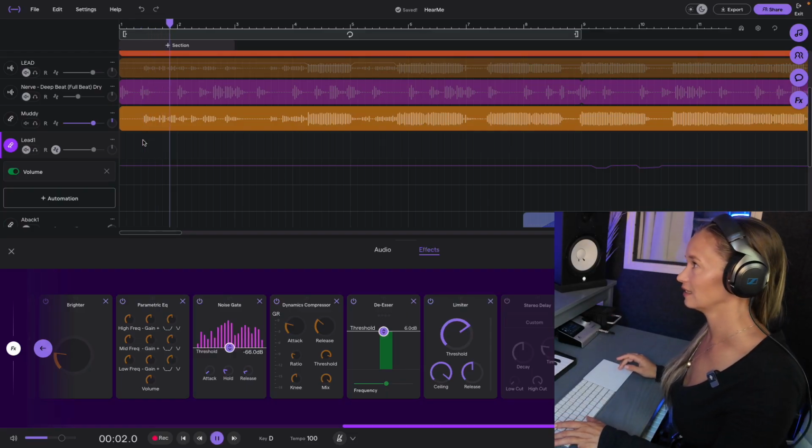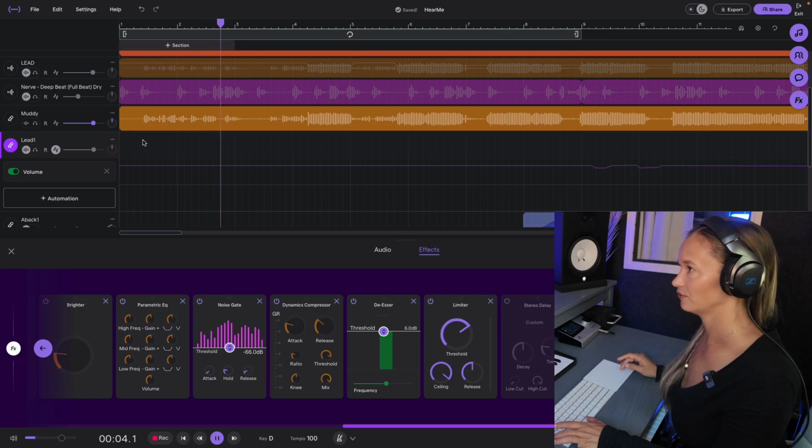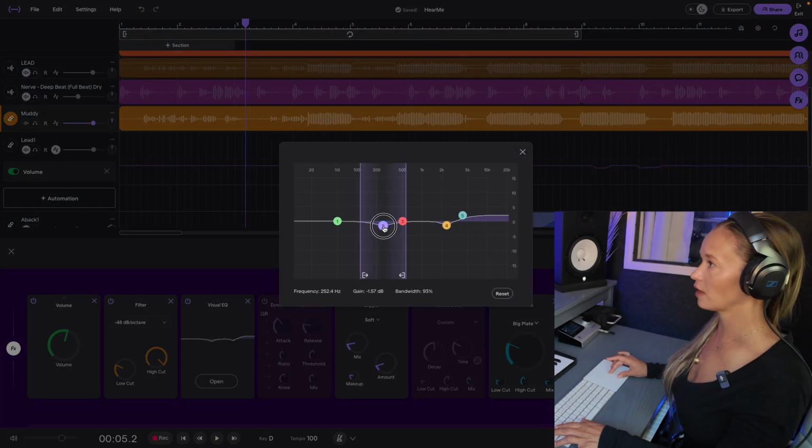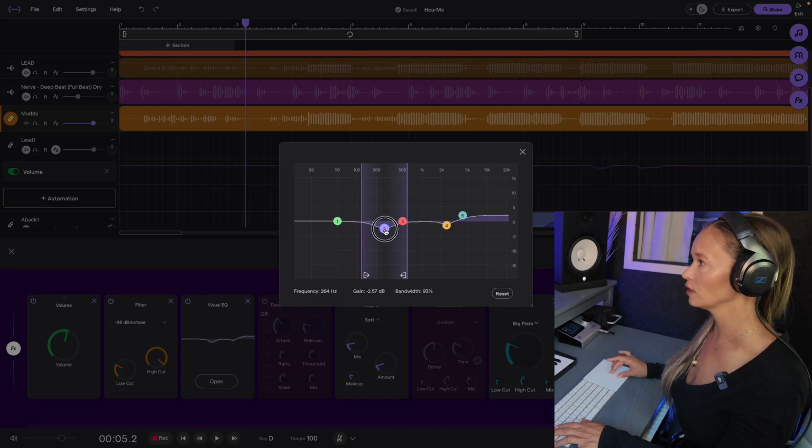Don't know where to go, I just know. Oh. I'm gonna open up my visual EQ and I'm gonna dip it around 200 to 400, nice and wide,